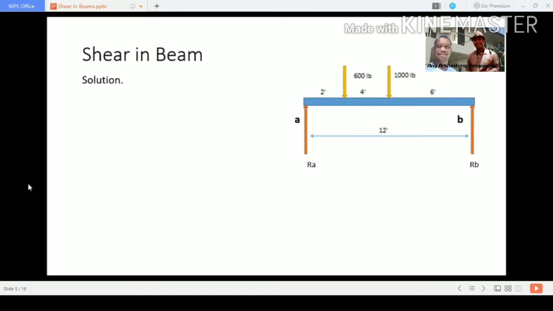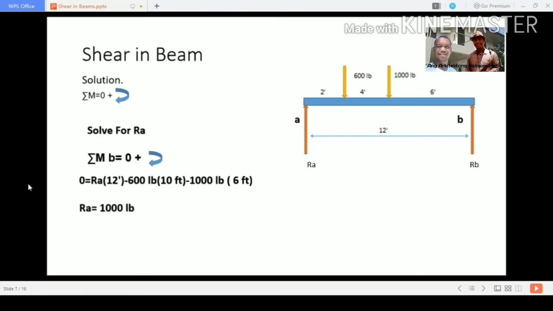Okay, so since we have two unknowns, RA and RB, we're going to use the equation summation moment is equal to 0 and positive is clockwise. For example, if we have to solve for RA, okay, so our pivotal point is at point B. So the equation summation moment at B is equal to 0 positive clockwise. Okay, and that is 0 is equal to RA positive because the direction is clockwise times the moment arm, which is 12 feet,